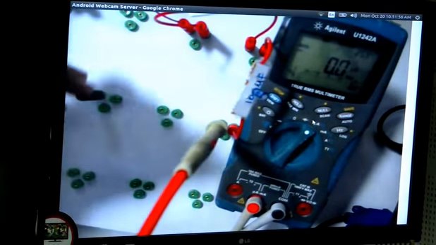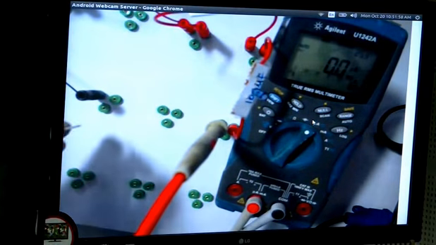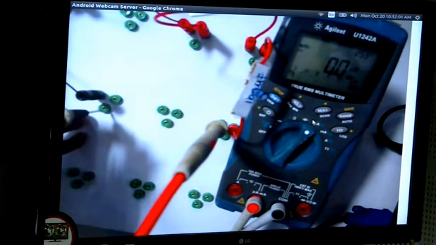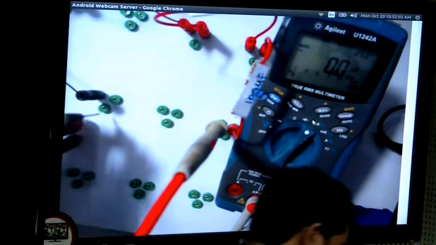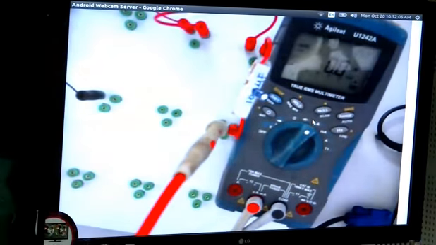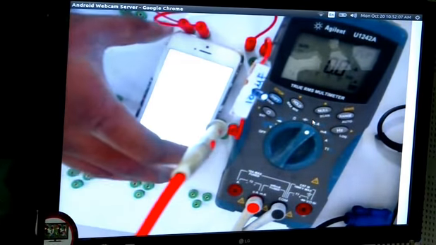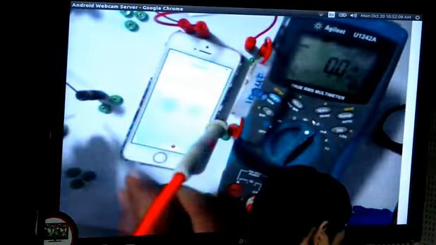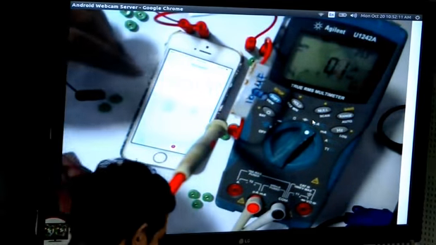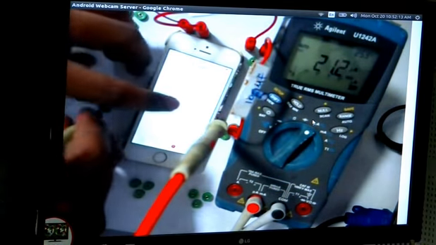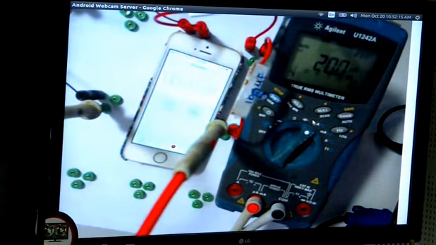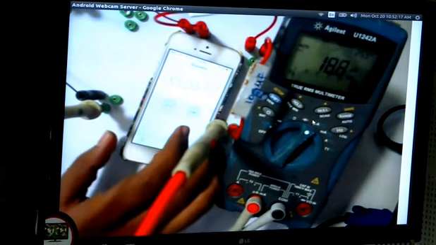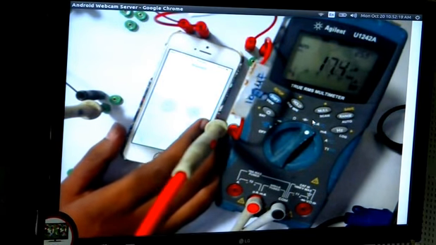Okay, keep track of time and then keep telling me how much is the value so that I'll write it down. This should be visible on the screen. Yeah, so 21.2, 5 seconds, 18.2,